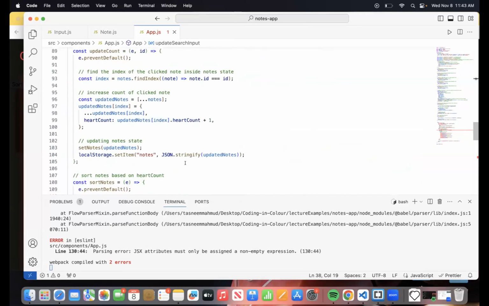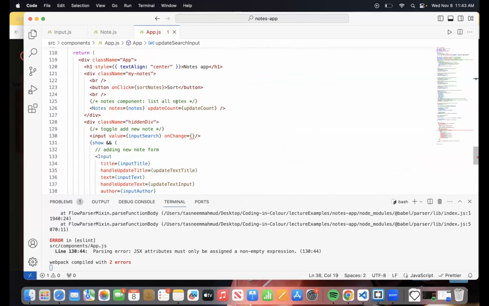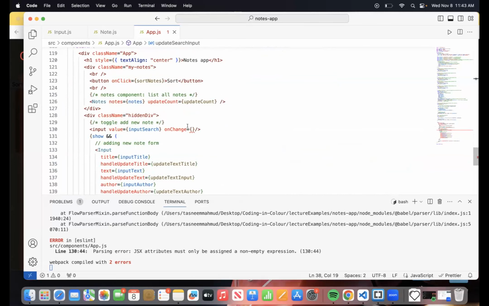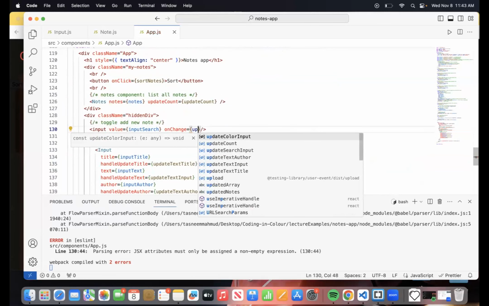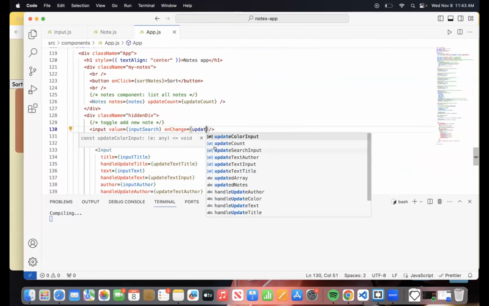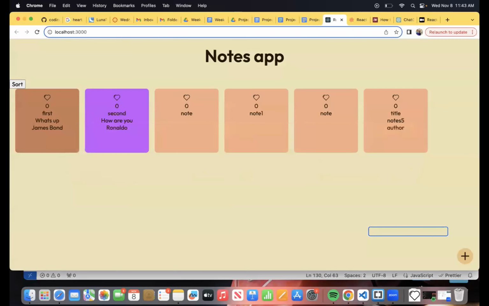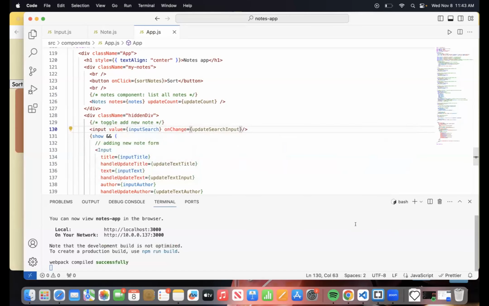Why? Because we haven't changed anything over here. Where was it? There. So I'm going to change this to update search input. It should work now, hopefully. Yep, we can type in stuff. So our on change listener is working.